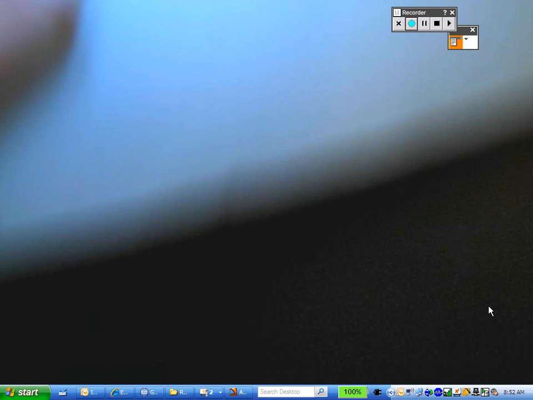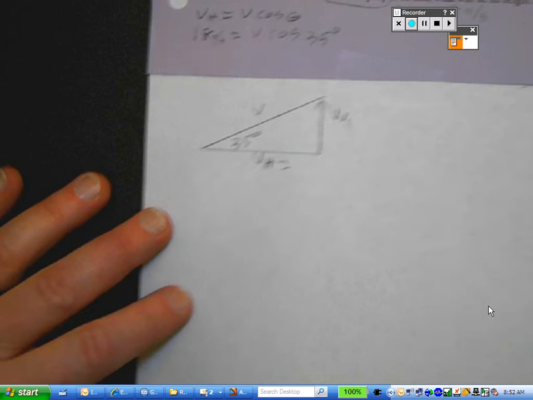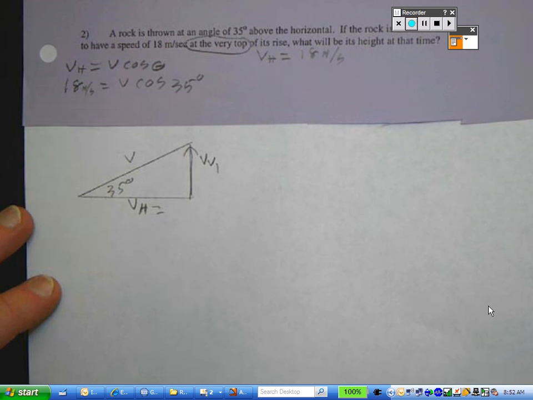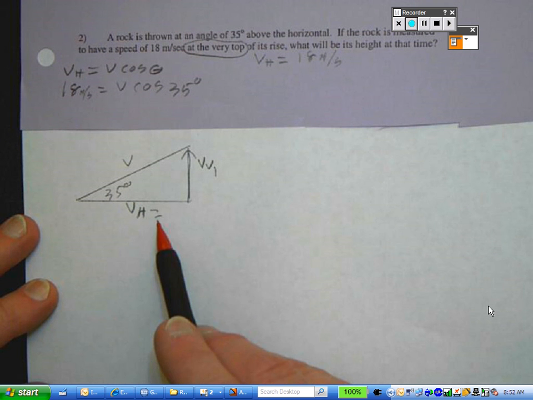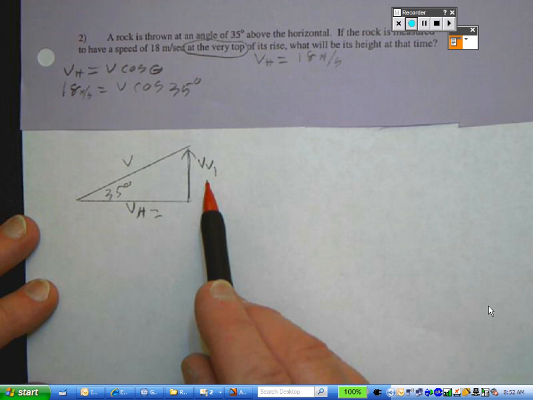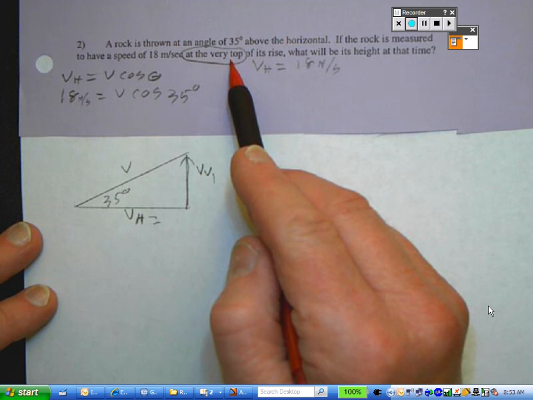If you check out number 2, it's a very good problem because you can get a lot of information from this. So the rock is thrown at an angle of 35 degrees. So we have 35 degrees. Of course, it is thrown with a v sub h and a v sub v1. But notice the very important issue. At the top of its rise,